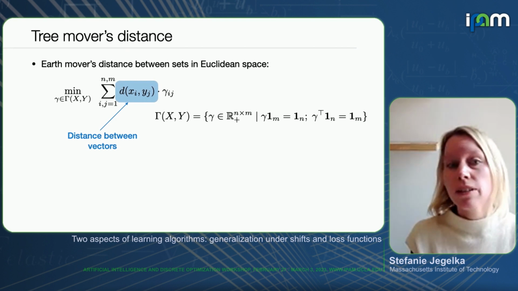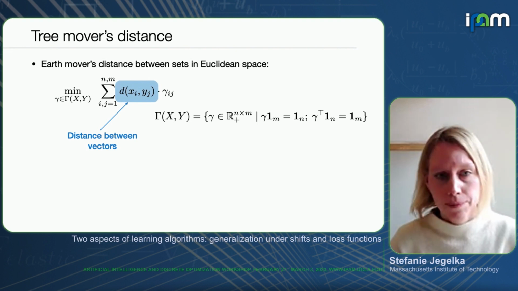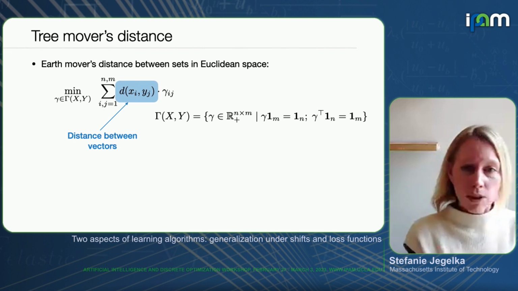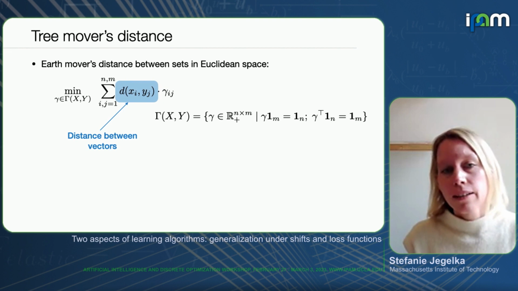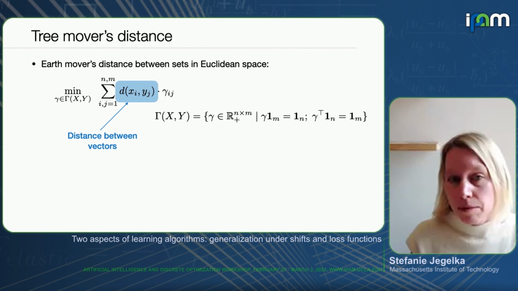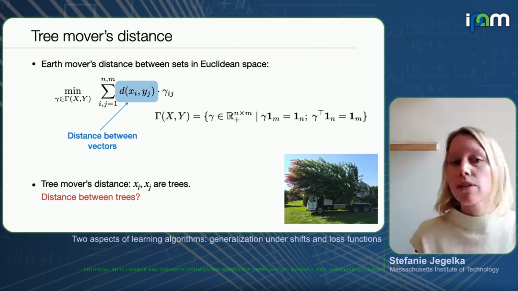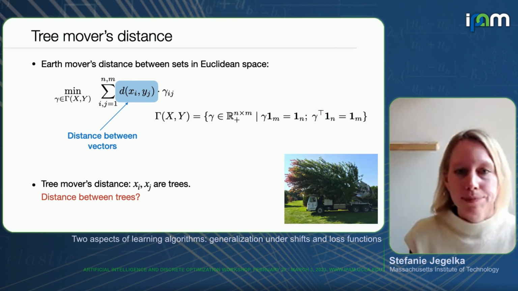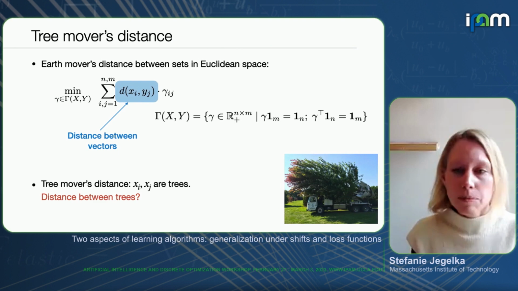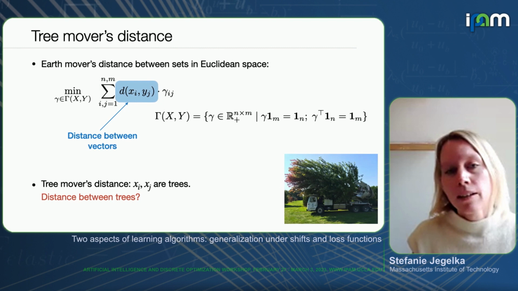The cost function here is the distance between those data points, so it takes into account the underlying geometry. It works with sets x and y. The problem is that now I need a distance between the items of the sets, and my items in the sets are trees. So what I need is a good distance measure between trees. Once I have that, I can just use that formulation. So what distance between trees could we use? Again, there are many choices you could make.